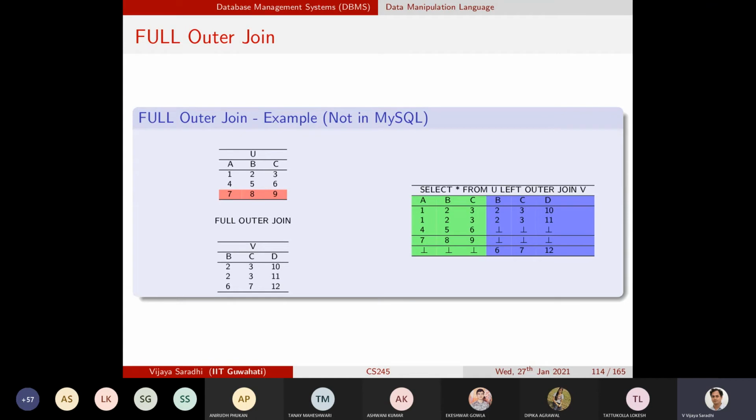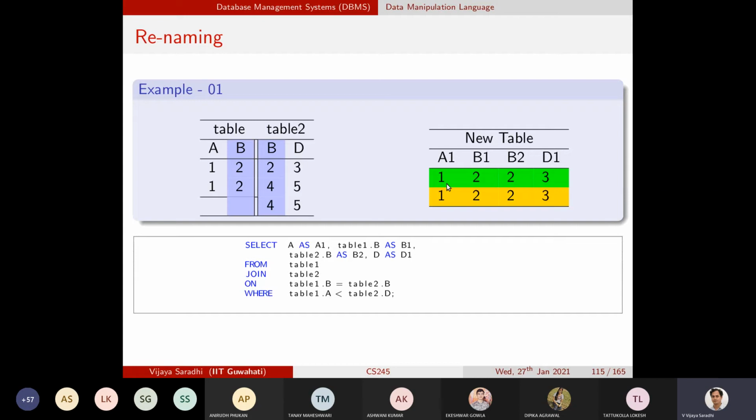But can you store these resulting tables back onto the disk? They are not part of the disk, so can you first of all store them onto the disk? And then can you rename these columns on the fly? We will see this. This is very, very important. Even though these are notational, syntactic flavors, you will see that they are heavily used in the MySQL world, or the SQL world in particular.